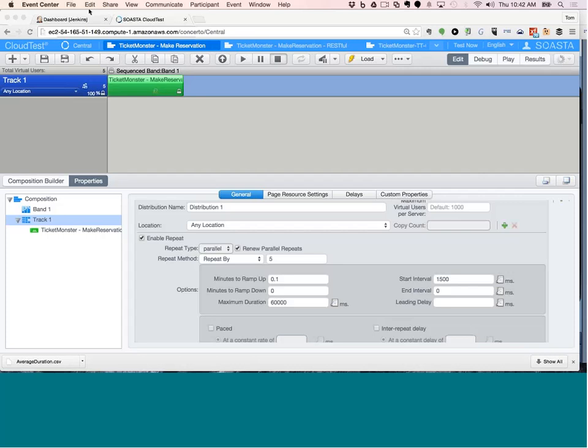And Ticket Monster is just a simple application that lets you run what looks like a ticket purchasing site for an event. So say like a baseball game coming up. And this is a type of application which, if it were your application, would definitely need to be tested for performance. You want somebody, when they're buying one ticket way in advance, to have great performance, and you want somebody when they're buying 1,000 tickets the moment they go on sale, or 10,000 tickets, like the Super Bowl's coming up, and everybody, 60,000 people are going to be wanting to buy tickets for that all at the same time.